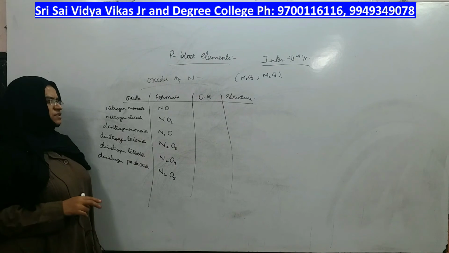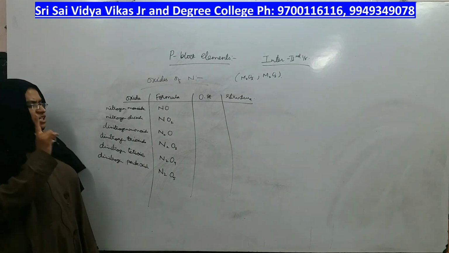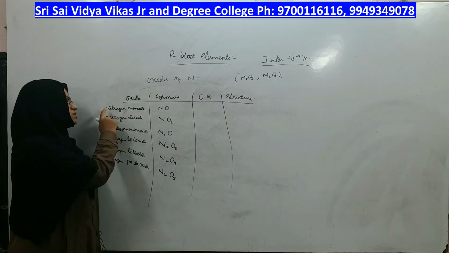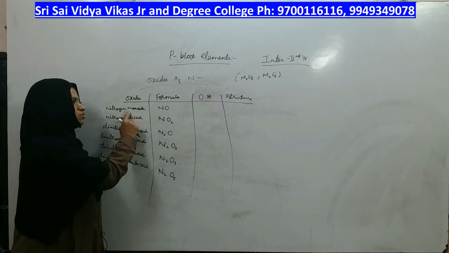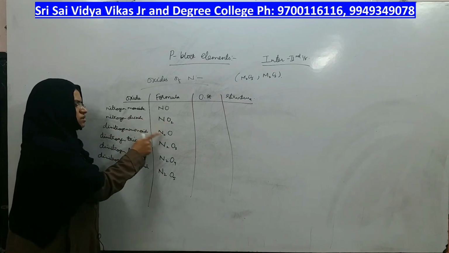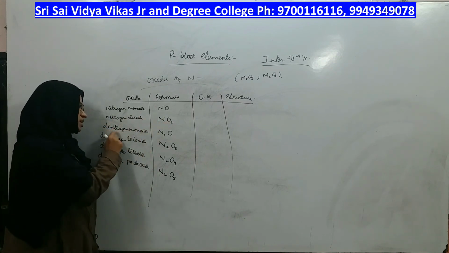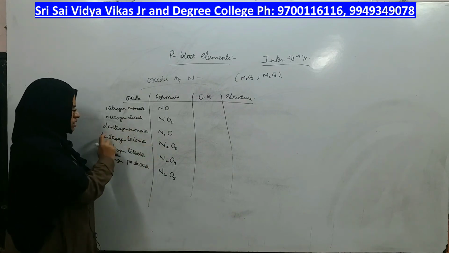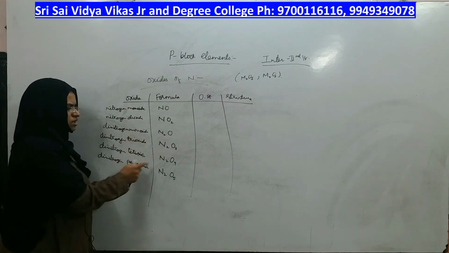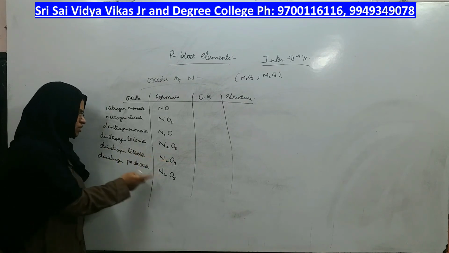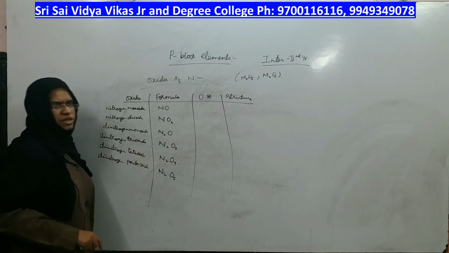Right? Now we have seen different oxides, their formulas and their names. One oxygen, one nitrogen means just nitrogen. One oxygen means monoxide. One nitrogen, just nitrogen. Dioxide. Two nitrogens, so dinitrogen. Oxide is how many? Only one, monoxide. 2 nitrogen, dinitrogen. 3 oxygen, trioxide. 2 nitrogen, dinitrogen. 4 oxygen, tetroxide. 2 nitrogen, dinitrogen. 5 oxygen, pentoxide.